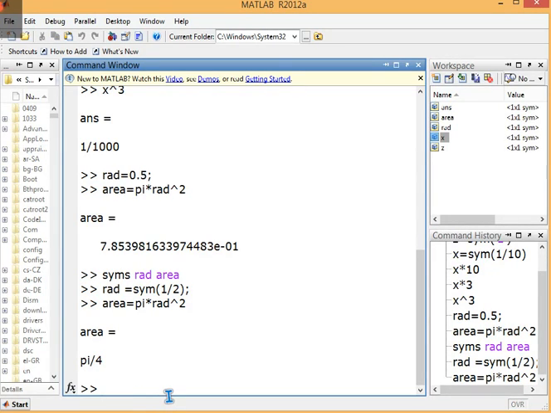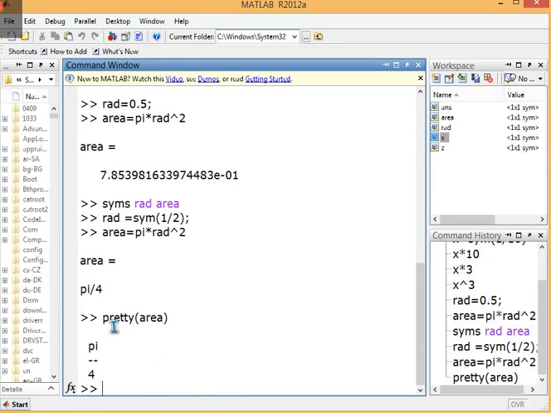How to make it look good? Make it pretty. So use the pretty command and give area inside. Now this will look pretty. See, this is how we can have an equation look, or a pen and copy look, or a book look in MATLAB.